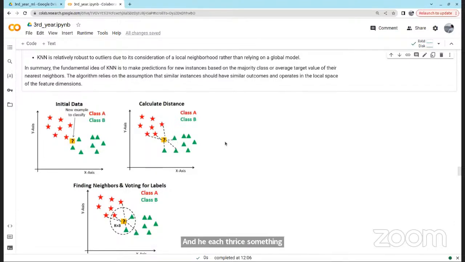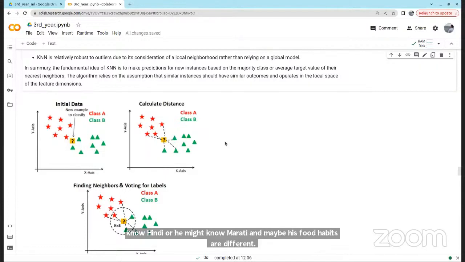Let's say you pick another guy. He is close to some Maharashtra related people. Then you might say he might know Hindi or Marathi, and maybe his food habits are different. They must be eating mostly roti or something.